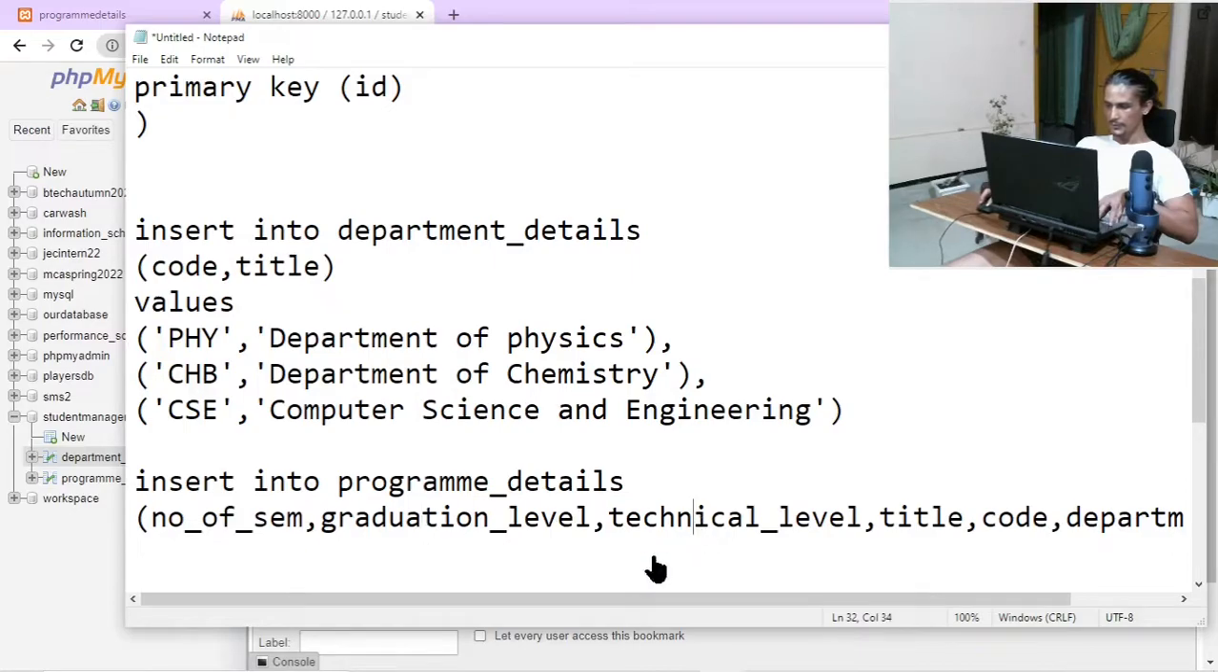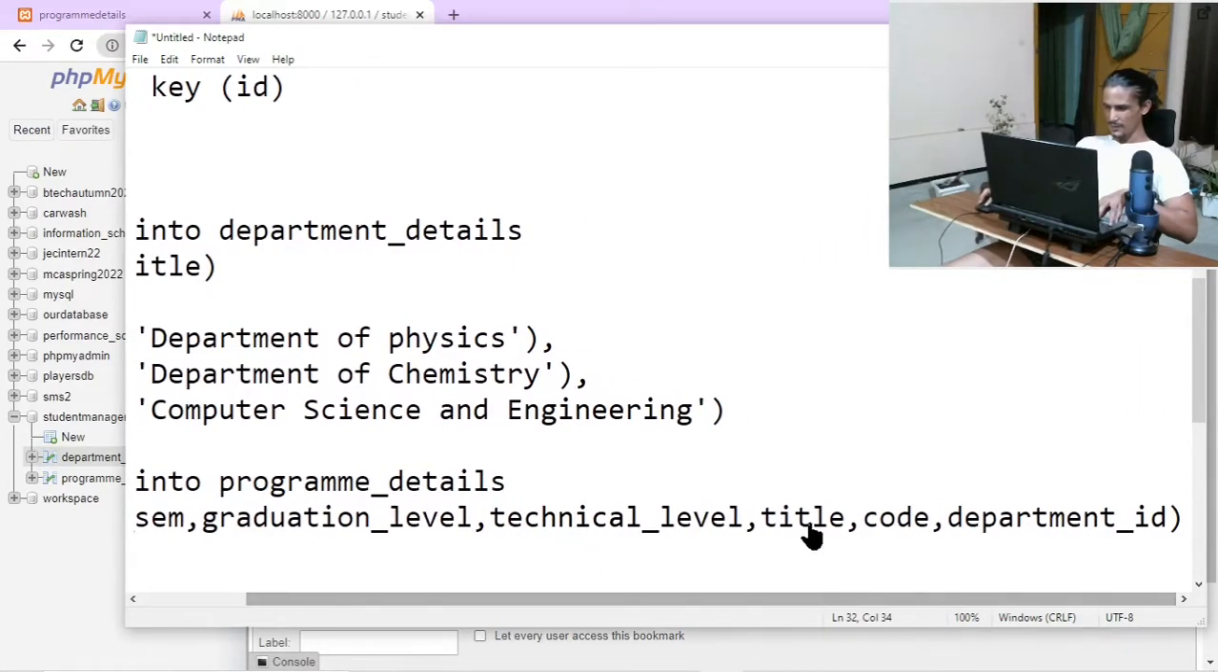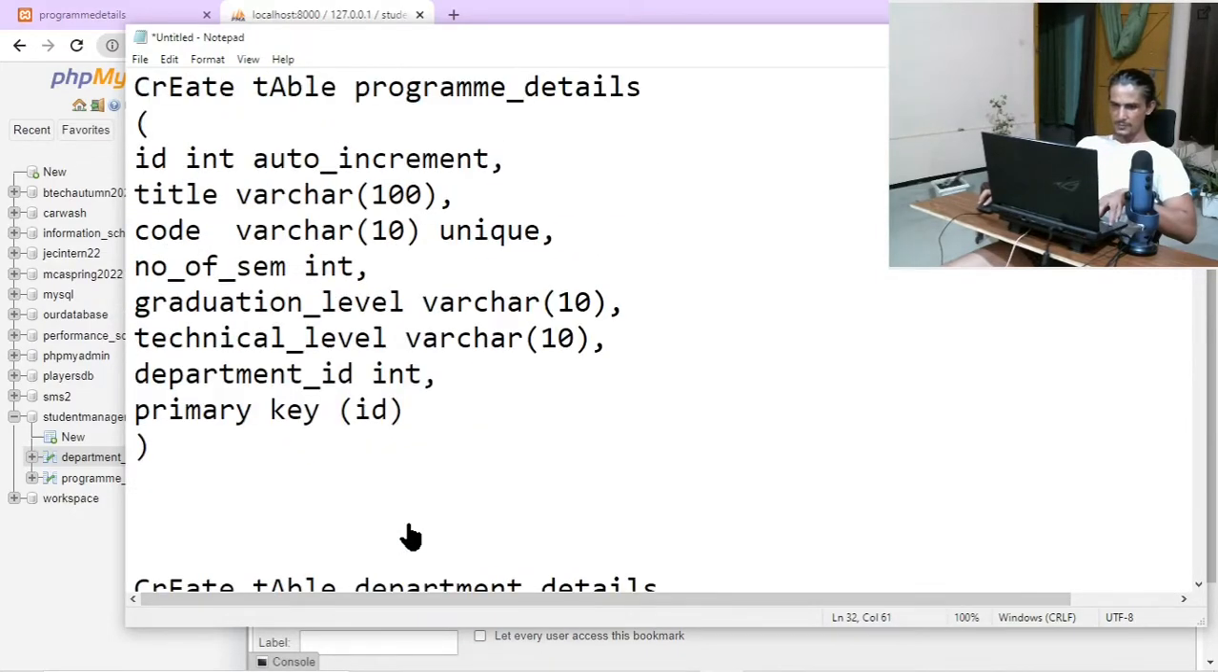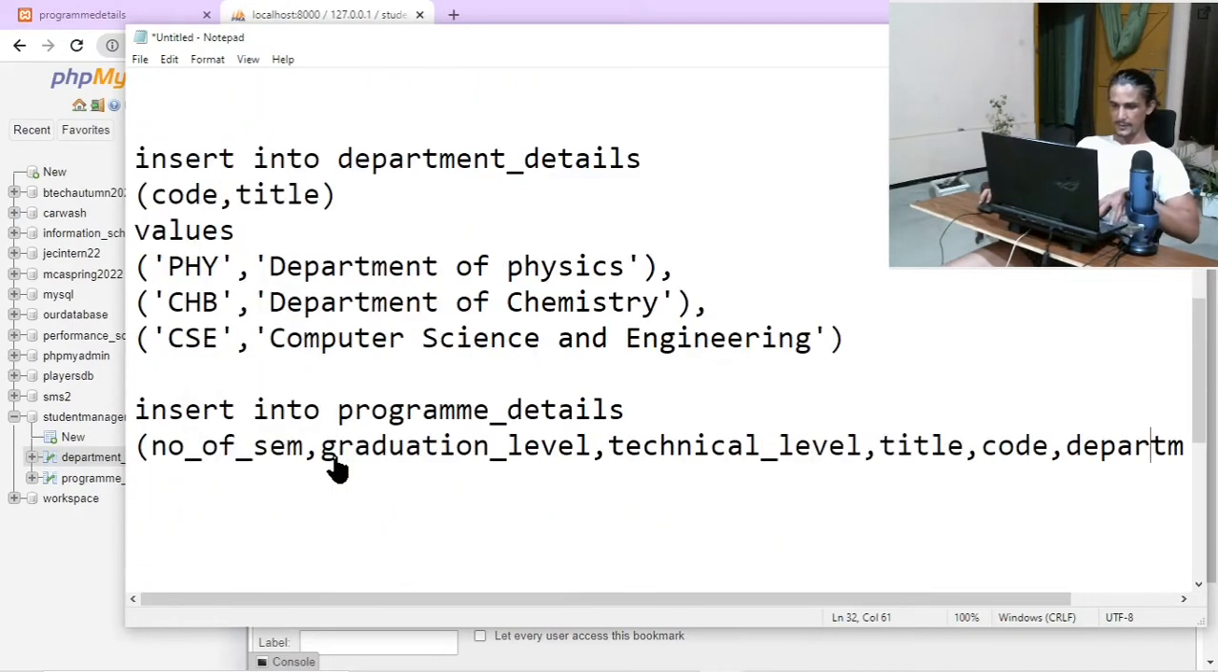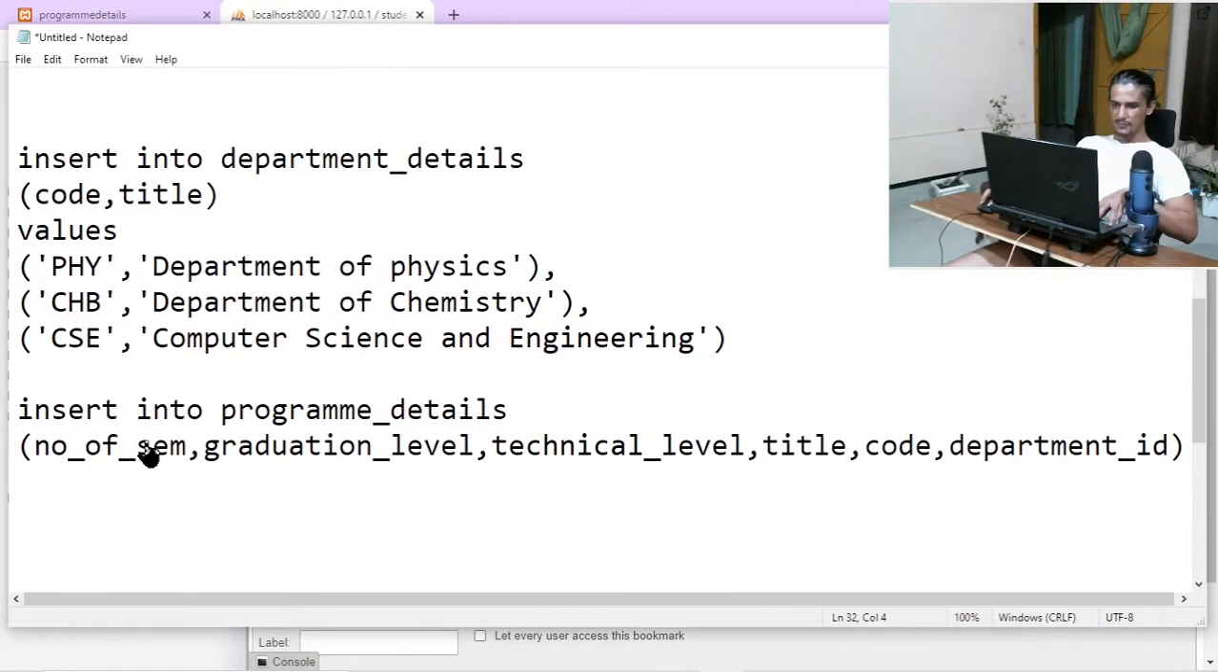1, 2, 3, technical level is 3, then title 4, code 5, department ID 6. Total there should be 7 columns. 1, 2, 3, 4, 5, 6, 7, 8. Oh, sorry, this one is not a column, so 7. Okay, right. Done. So against these columns we want to insert some values, so you have to specify the actual